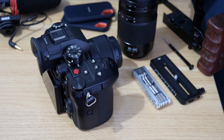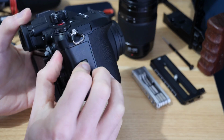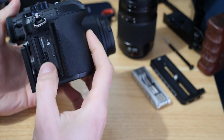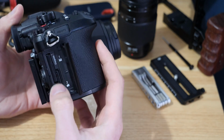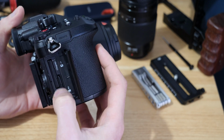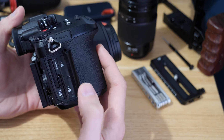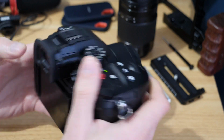In this video we're just going to talk about the card recording options on the Panasonic GH6. There's a slightly updated area in this where we've got our new CF Express Type B card, and then the more familiar SD card where we can use V60s and V90s. The recording modes are actually quite similar, but there are a few things to bear in mind when